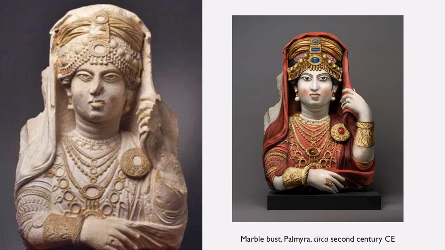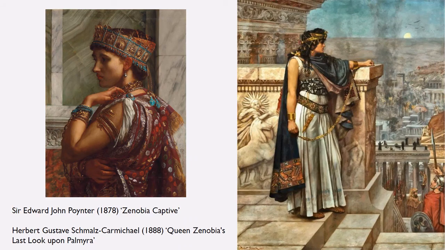And we can also see the same kinds of 19th century penchant for orientalising in portraits of Queen Zenobia of Palmyra, who is a much later ancient queen in the 3rd century CE, but she claimed to be descended from Cleopatra. So we see this same kind of thing. This is all very, very similar.